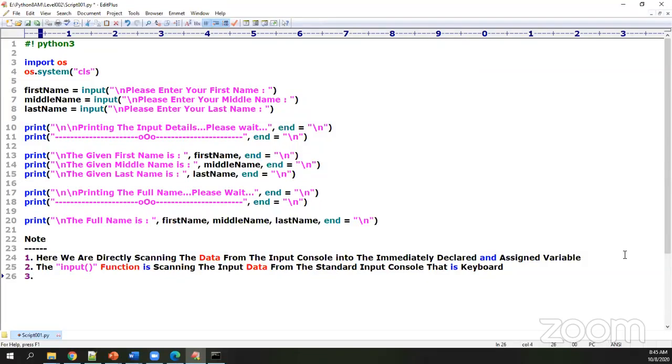Third one, the input function is passed with a parameter, or I'll say with an argument, as a prompt for end users' readability, which is actually optional.